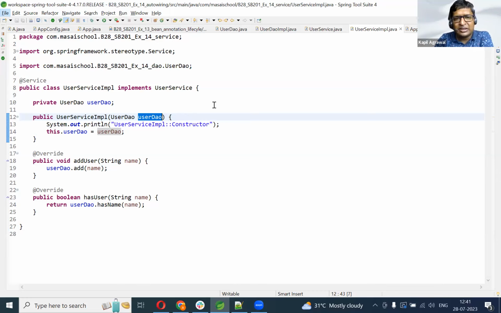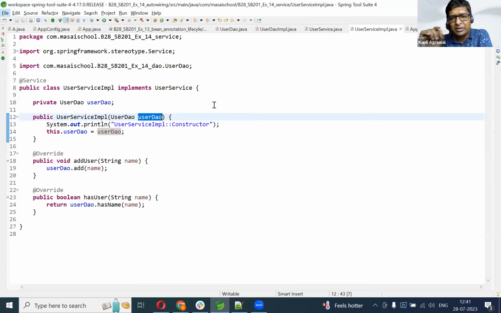So can I say that auto wiring is enabled by default? Yes or no? Unfortunately, that is a wrong statement. Auto wiring is not enabled by default, but